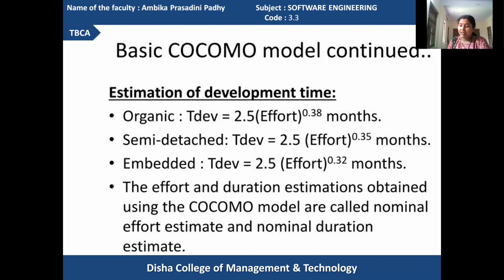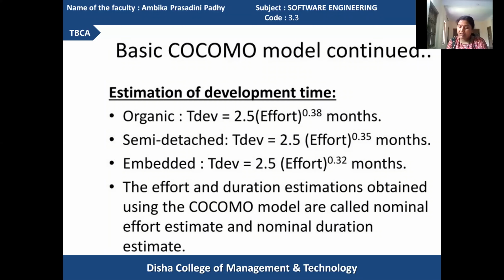If it is of semi-detached type, the formula will be time equal to 2.5 effort to the power 0.35 months. This also changes according to the category. If it is embedded type, the B1 value will be 2.5 and B2 will be 0.32.